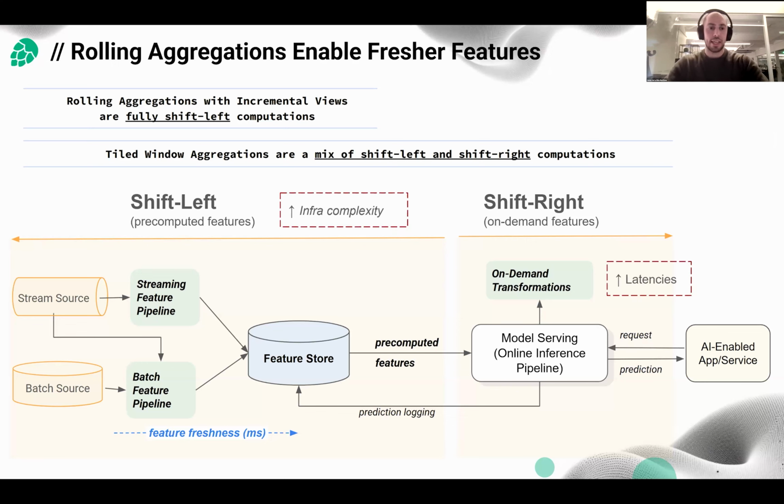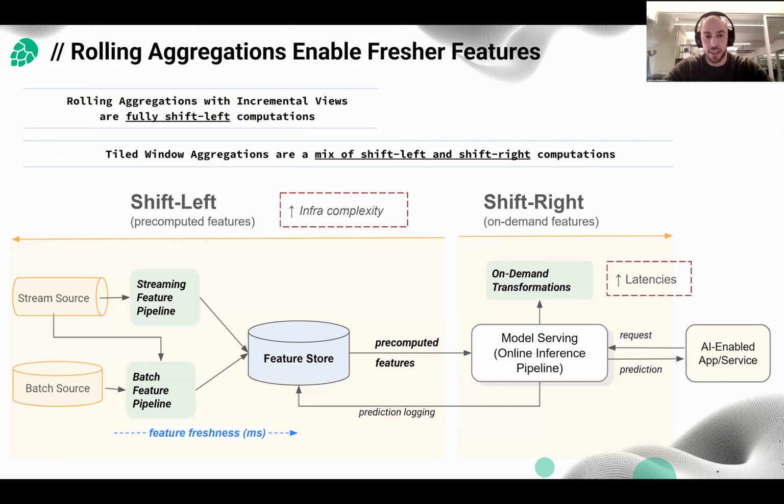So in this case, depending on your use case, you may have a bit more latency, depending on the type of transformation that you need to perform, and on how much data there is on the on-demand side of things. And then